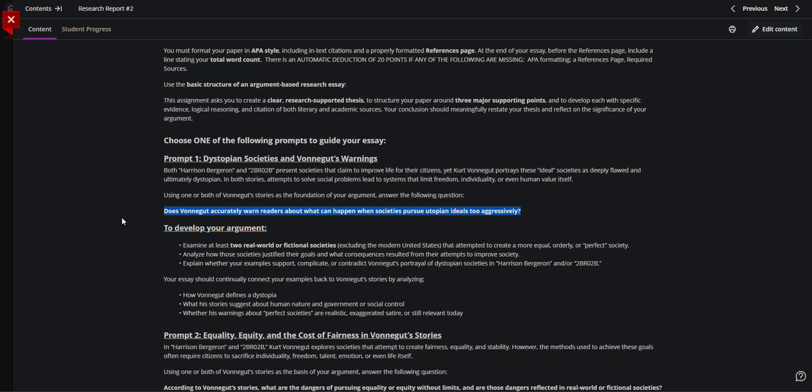Remember, the idea behind a dystopia is that it's a utopia gone bad, and a utopia is defined as the perfect place. Really, utopia means no place because there is no perfect place. But the idea behind it remains. And a dystopia is the imperfect place. And as we well know, dystopias do exist. So that's the question that you are answering.